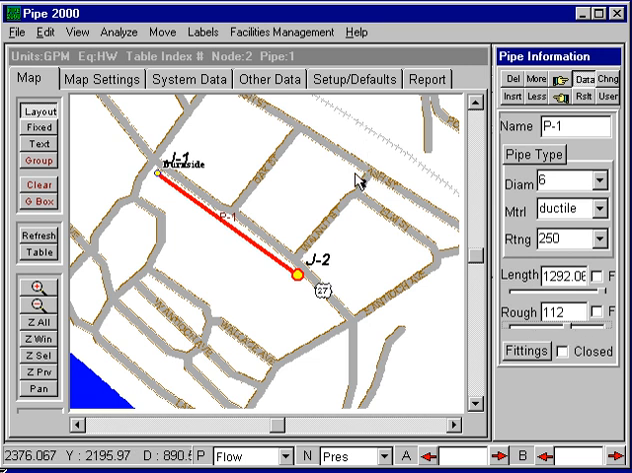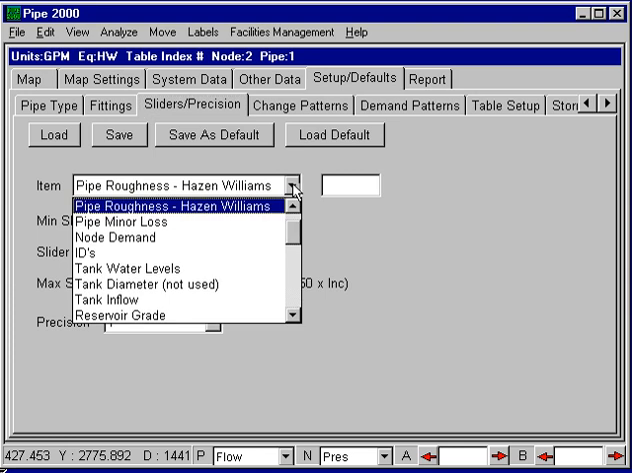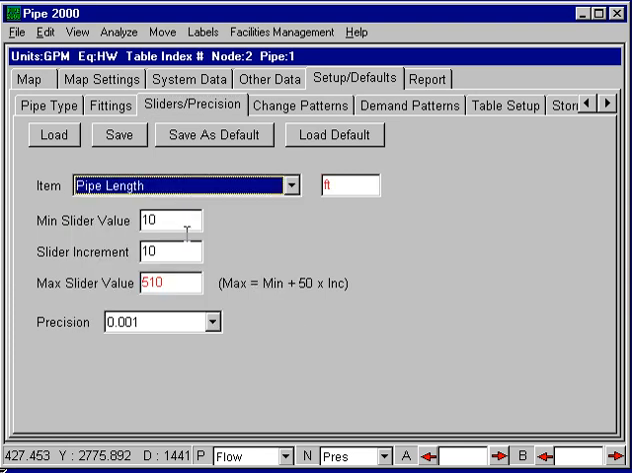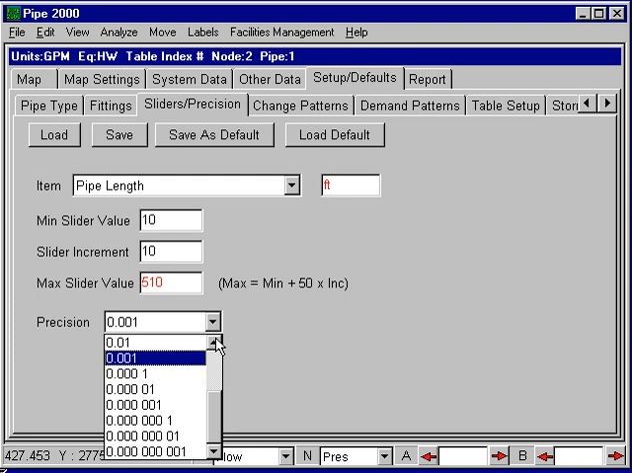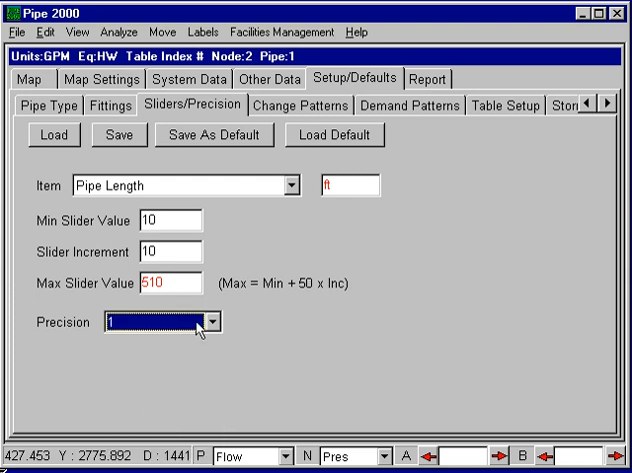Now I can change both of these situations under setups and defaults. If I go in to the menu, I can select any number of items here, and I'll select the pipe length. And I can set the precision. And in here, instead of 0.001, which is much more precision than I need for this problem, I'll set it